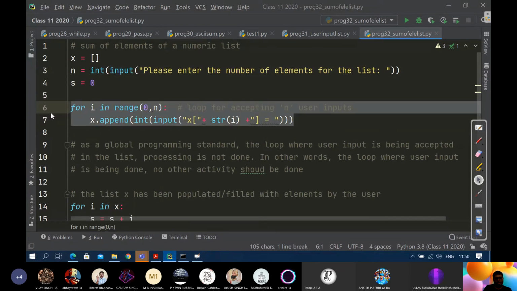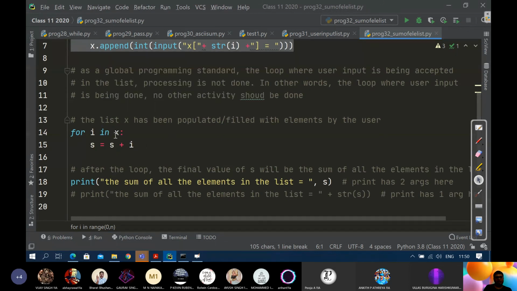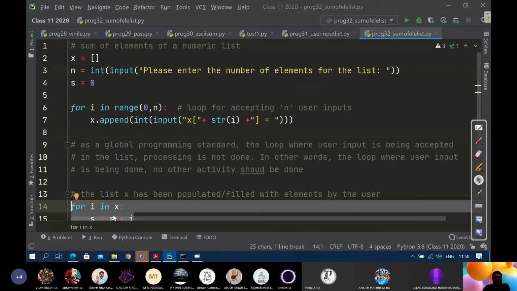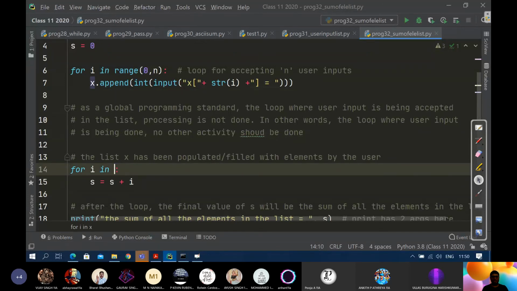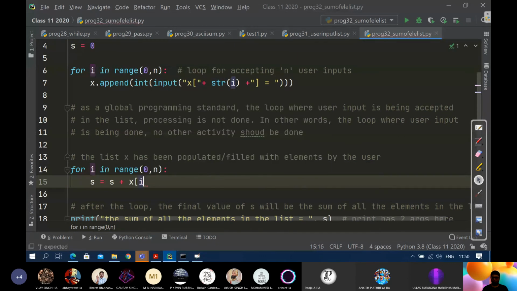ओके, therefore here only do append activity in the list, and later on जहां पे processing करने के लिए you run again, you do the processing later. So that is the reason we are not doing this S is equals to S plus xi here immediately. Rather we are, इसको तुम range लेके कर सकते हो, range 0 से n, and in that case it will be xi. The other way, I'm just showing you.